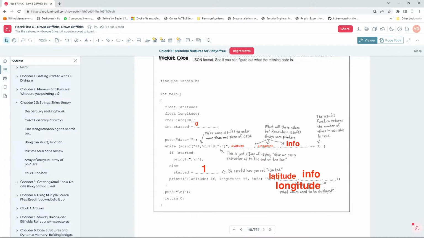Okay, comma longitude latitude info, and where is info? Yes, info will give us the first 79 characters up to the end of the line. So until we press enter, equal to 3, return the number of values it was able to read. So if it returns 3, okay, if started